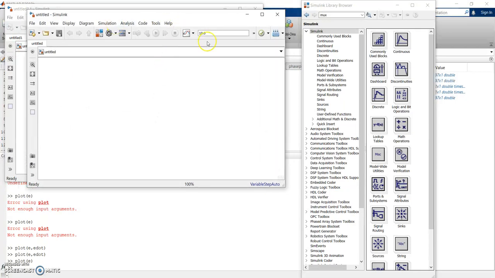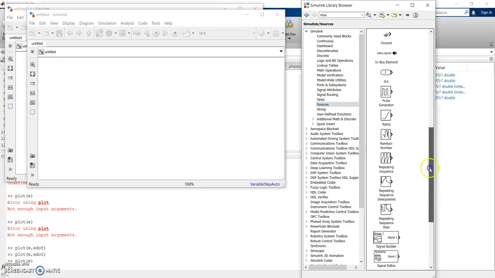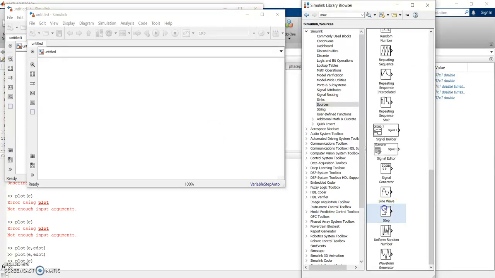Once you have this blank model, if you cannot see the library browser, you can simply click on this icon and you will find your library browser beside the model file. Now, for the sake of creating, first we will prefer to insert the source, which is a step.